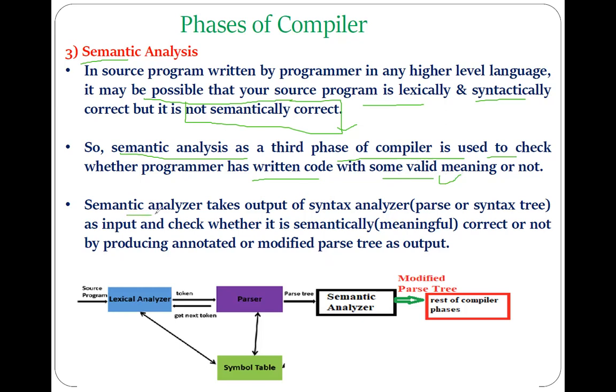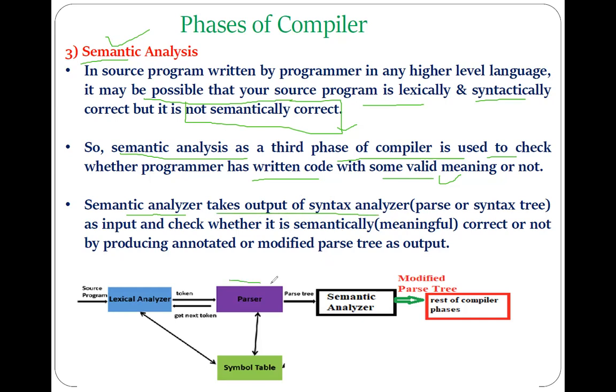So here you can see the semantics. In order to check whether the expression, program, or sentences which you have written have some valid meaning or not, the semantic analysis phase is used. If your program is not semantically correct, then you get different kinds of semantic errors when you compile the program. What the different semantic errors detected with the help of semantic analysis are, we'll see.